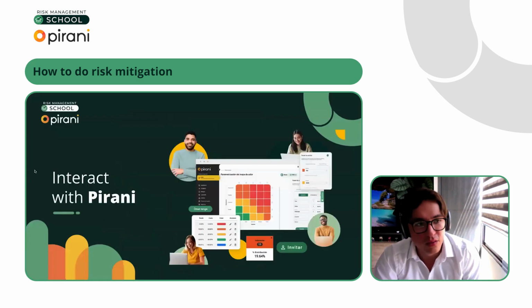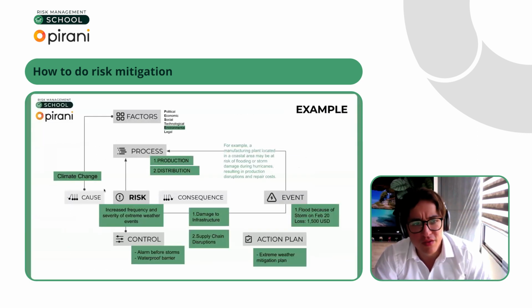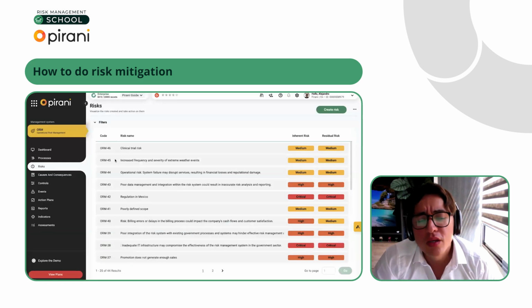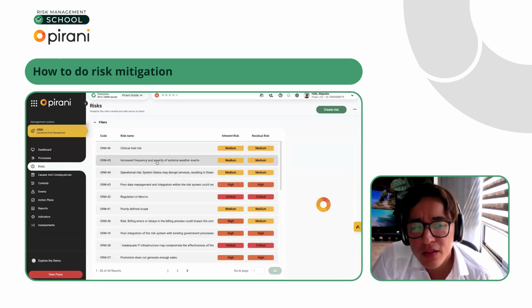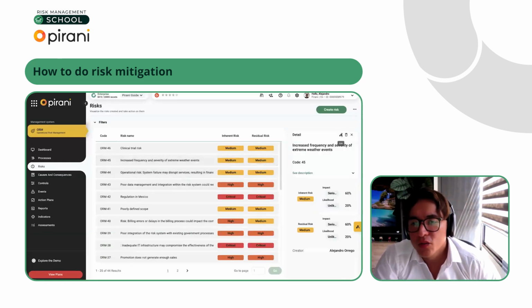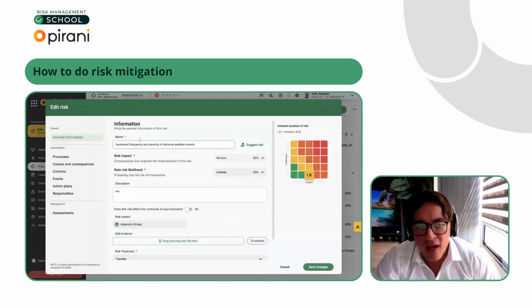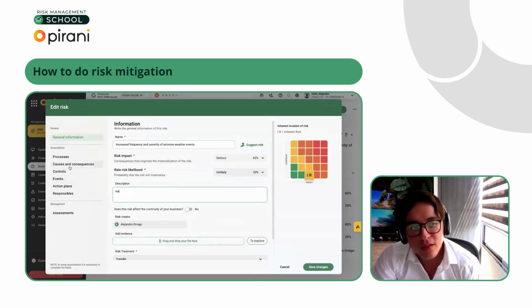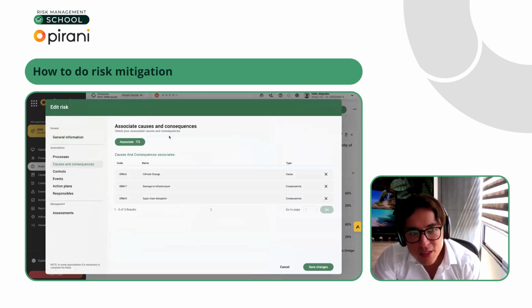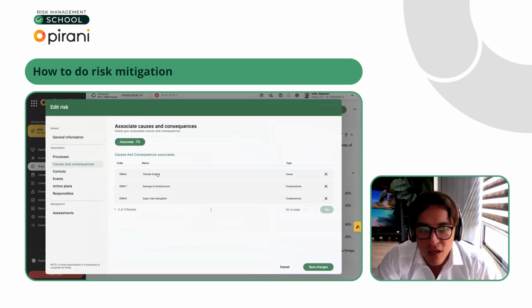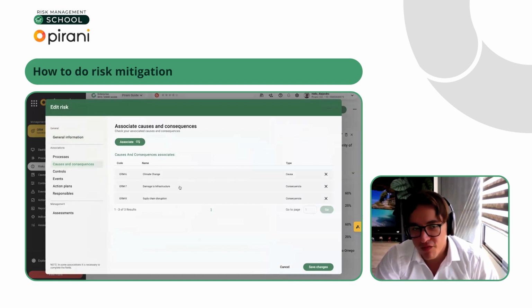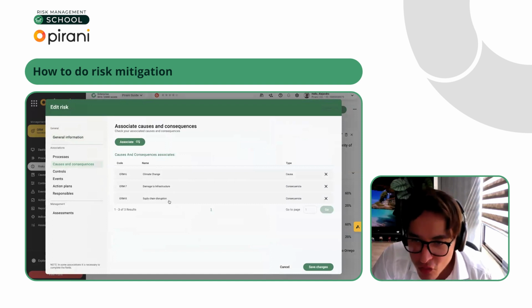Let's go back to try to translate the specific example. Remember, you can write the risk as your methodology says. Some companies just put a specific risk with all the description here, or maybe if you want to, you can customize: this specific risk will have the cause of climate change and the consequence of damage to infrastructure and climate change disruption.